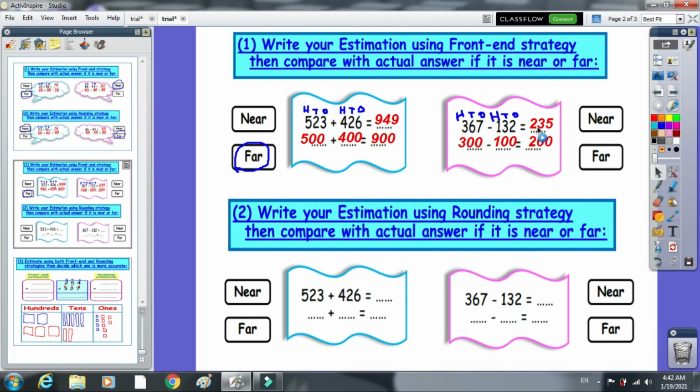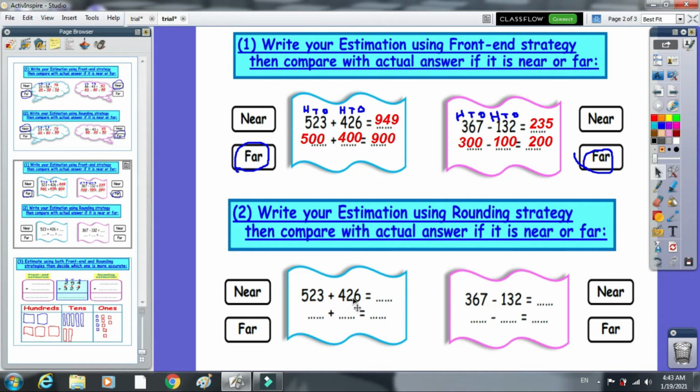And here if I compare the 235, which is the actual difference, with the estimated difference, which is 200, we will find that they are far from each other. So here I will select the far. Here I will use the rounding strategy to estimate, and I will compare the estimated answer with the actual answer I will get. Here it's the same example,